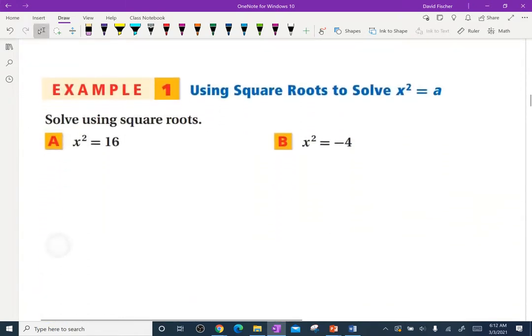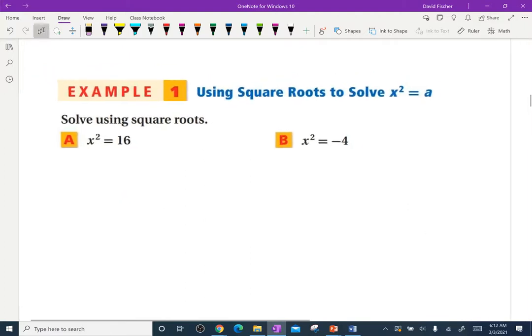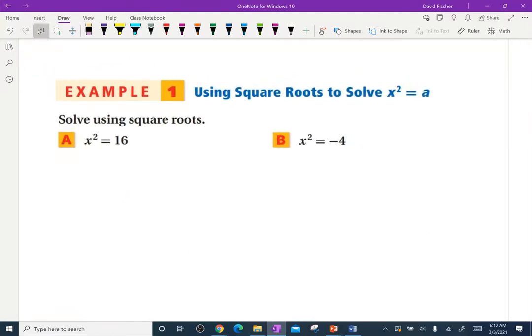All right, let's do this one real quick. The opposite of a square is a square root. So if I want to cancel this 2 here, we should have learned earlier in our career that the opposite would be a square root. So if I take the square root of 16, there's going to be a plus 4 and a minus 4 that would make that true. And on this one, solve means solve my quadratic equation, find my roots. My roots are